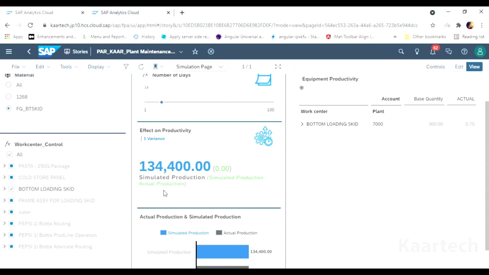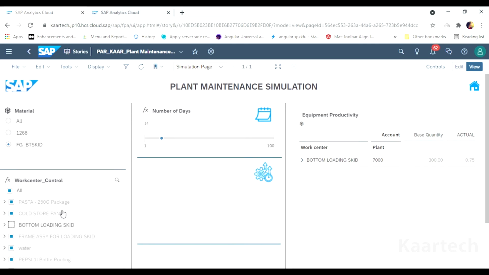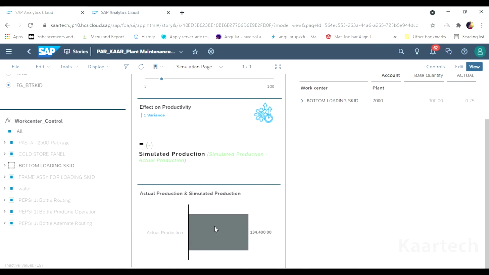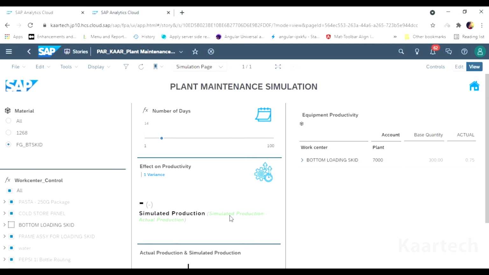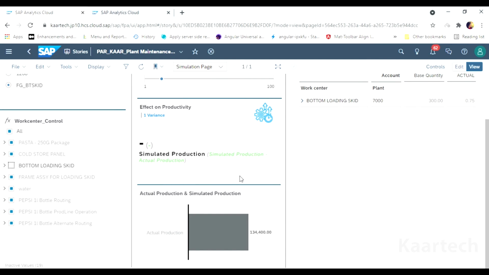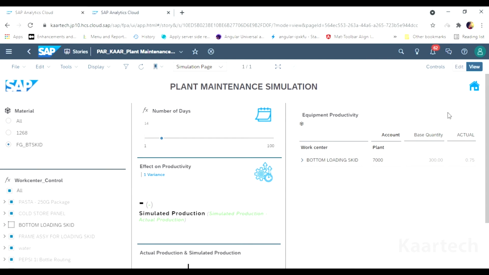You can see that the total production is 1,34,400, and if you want that bottom loading skid equipment to be maintained for 14 days, and if you unselect that, you can see how without that equipment the production gets affected. This is the actual production, and the simulated production is nil. This is how you can see how the particular equipment's downtime will affect the productivity of that particular material. If you click on this icon over here, it will take us to the home page, and the final one